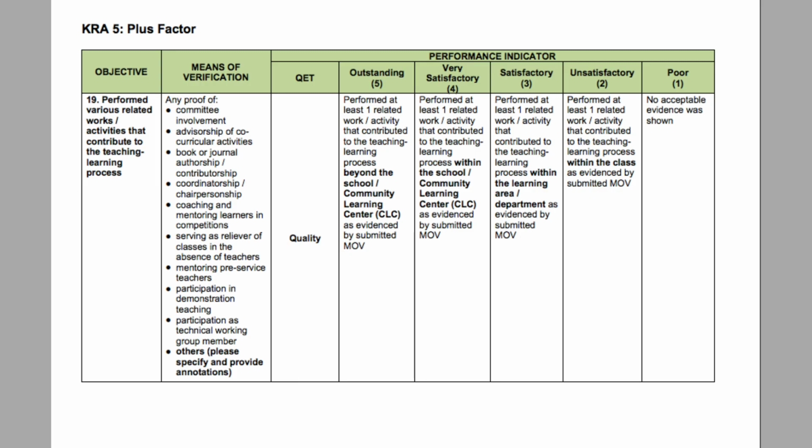MOVs, any proof of committee involvement, advisorship of co-curricular activities, book or journal authorship, contributorship, coordinatorship, chairpersonship, coaching and mentoring learners in competitions, serving as a reliever of classes in the absence of teachers, mentoring pre-service teachers, participation in demonstration teaching, participation as technical working group member, and others. But you need to provide annotations.